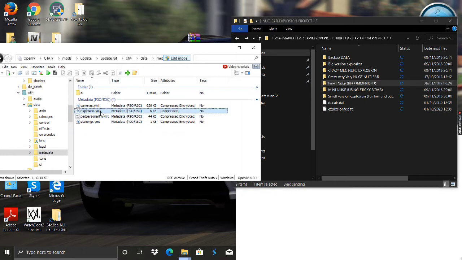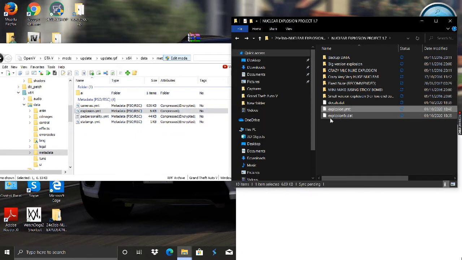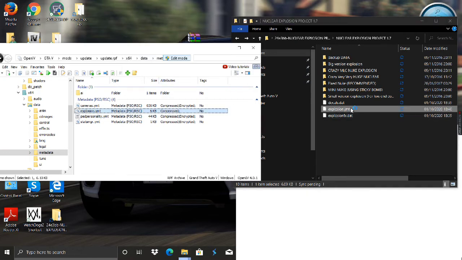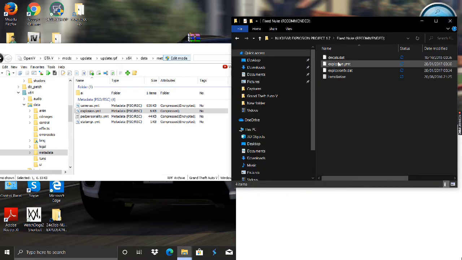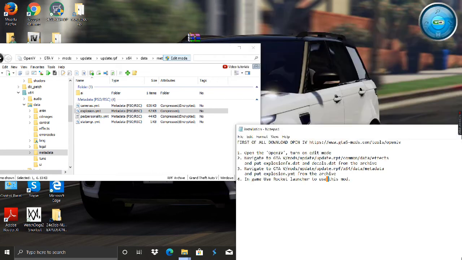Here also we have to make the backup of the file, so I have made it. So drag and drop this file here. If you face any problem in the step, you can read the readme file easily, you can follow it.